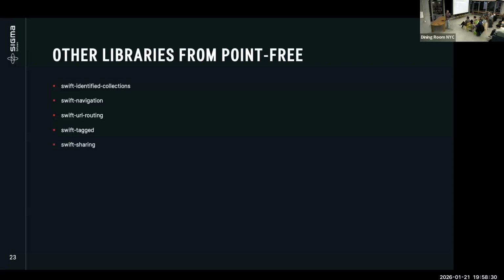Swift Sharing is a really cool library that allows you to share something in memory, or in the keychain or user defaults, or you can do that through the file system. It's really easy to integrate in any part of your app also. And many more, like non-optionals and stuff like that. We can talk about that for hours. But